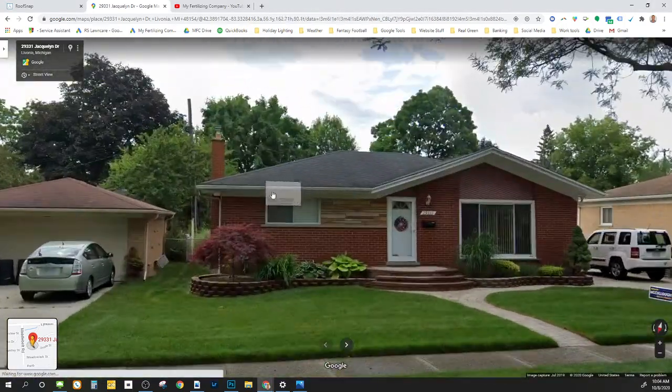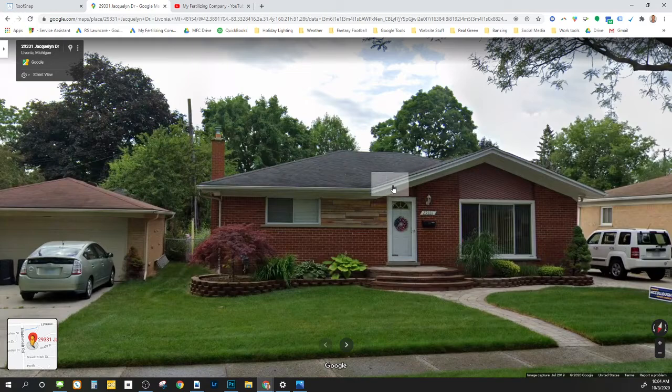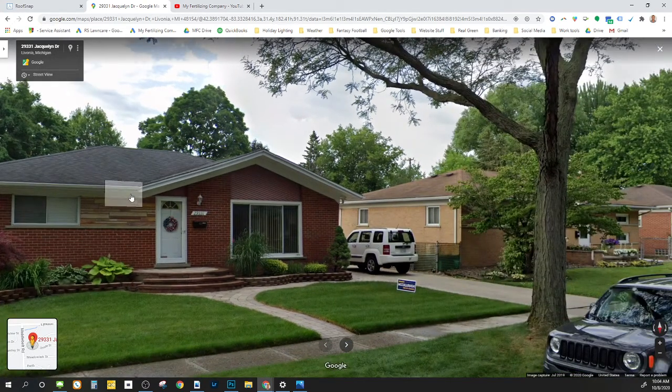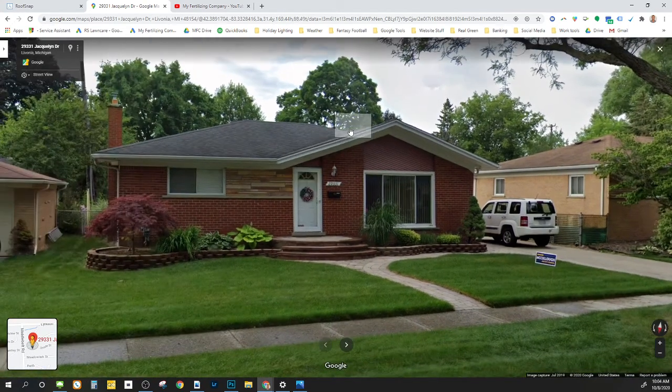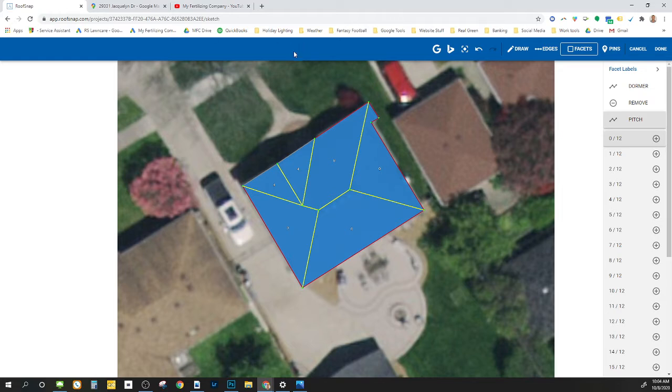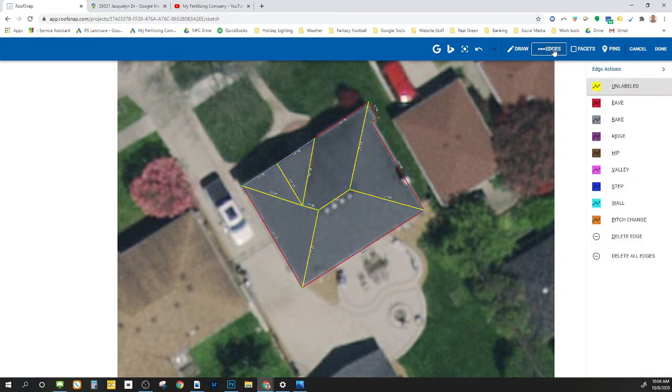And typically, all the pitches in the roof are going to be the same. So this pitch is going to be equal to that pitch and this pitch and all the ones in the corner. So when we go to our roof snap, we can call it a 4. We built this entire house out just so that we can get the measurements. But in order to get these measurements, we really only need to figure out